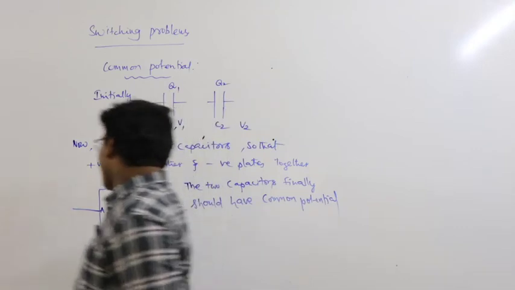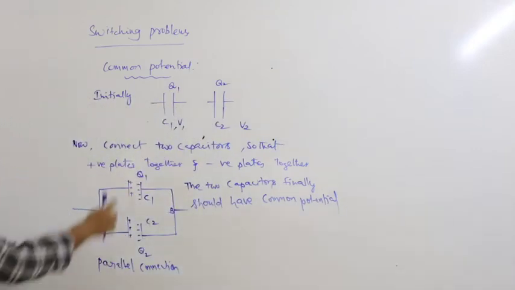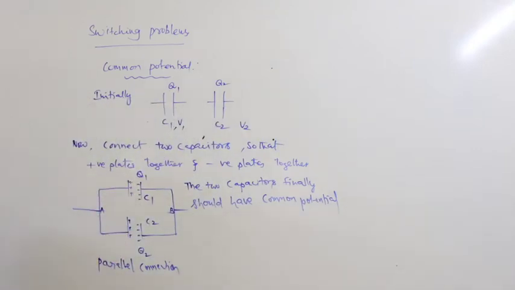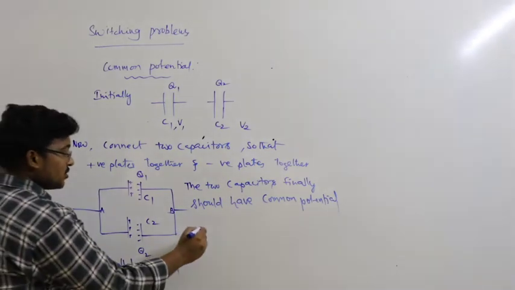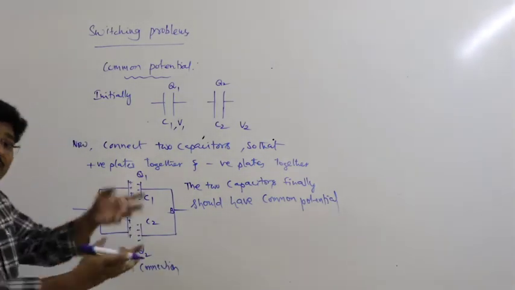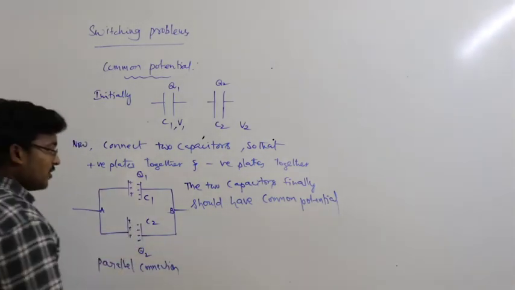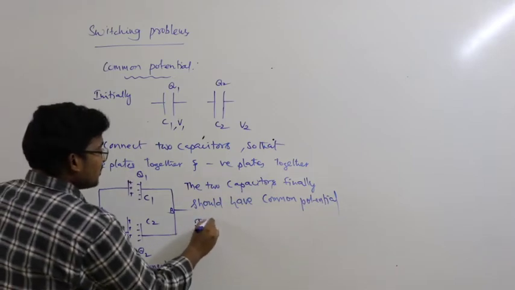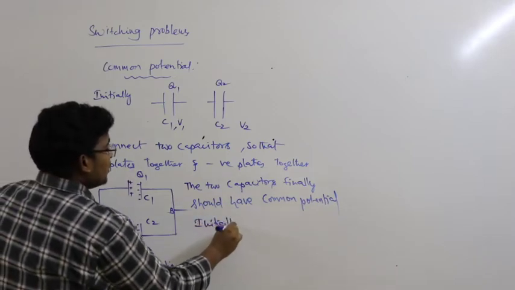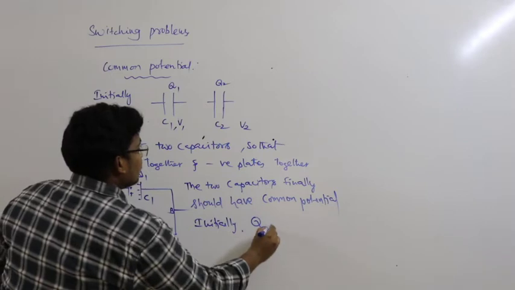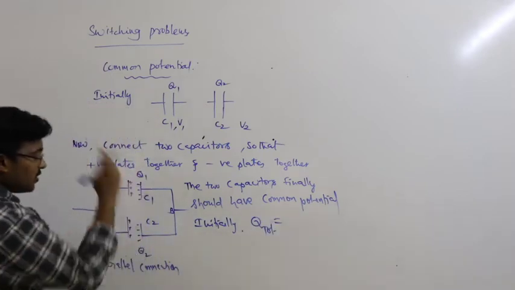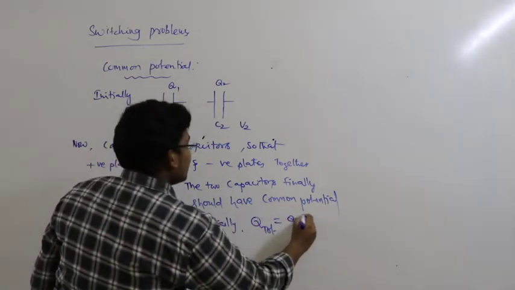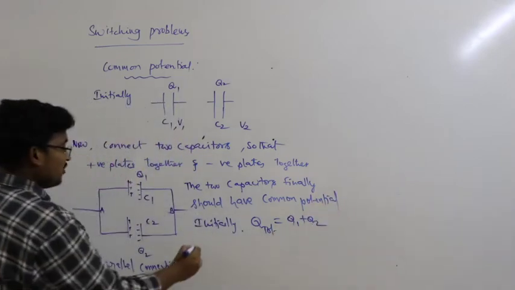Here also, initial charges are Q1 and Q2. Now finally, the charges will be different. So initially, what is the total charge? Initially Q1 and Q2, means Q1 plus Q2. Then finally